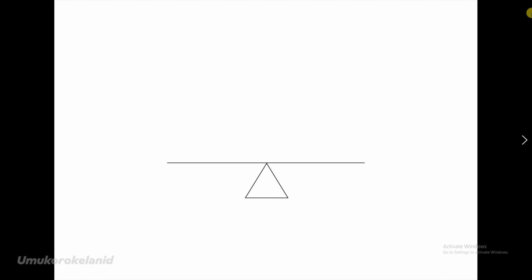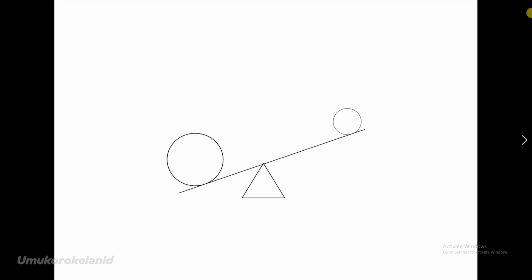Now, talking about asymmetrical balance, we'll still be using the seesaw as a perfect example. So now, if we have two objects, a bigger object and a smaller object, we definitely know that the seesaw will tilt towards the one with the larger weight. And when we have something of this nature, that means if we now want to balance the seesaw or the whole composition